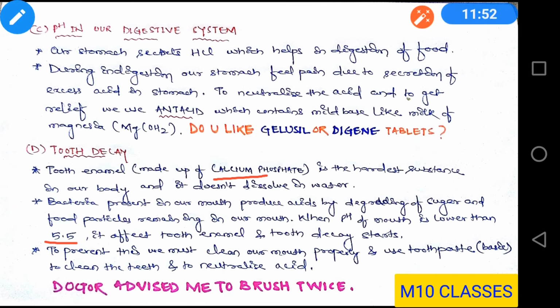Whenever you wake up in the morning, acid might be produced in your mouth because of the degradation of the food particles by bacteria. Now, to neutralize it, you brush your teeth using toothpaste, and that's why you feel fresh. But at night, after taking your food, when you brush your teeth, the food particles present in your mouth get removed, and that is why the amount of acid production in your mouth will decrease, and that will prevent your tooth decay.